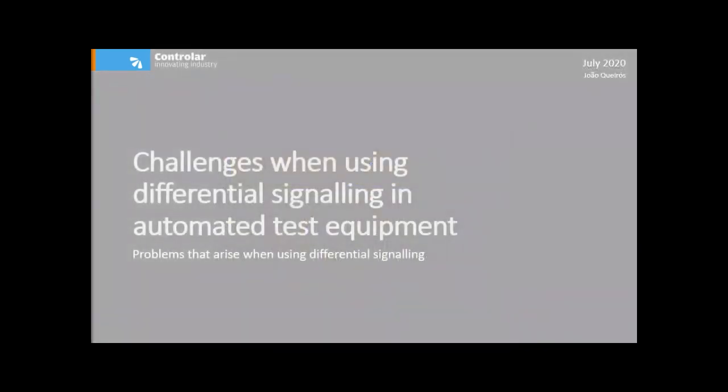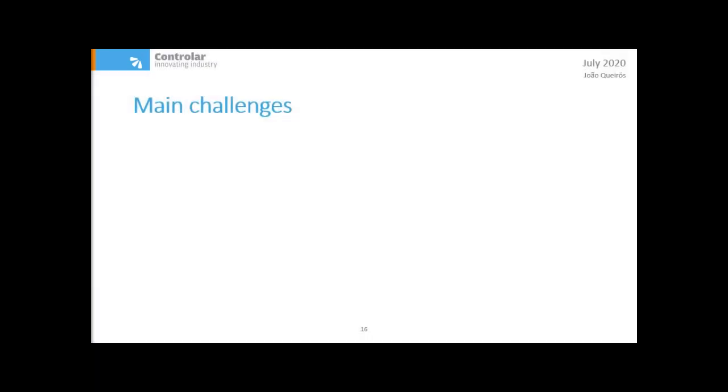Now, let's talk about the challenges when dealing with these signals in automatic test equipment. When developing automated test equipment, many constraints can force us to make some commitments. One of the harder constraints to meet is the weight of the removable jig. In order to meet these requirements, the electronics must be placed outside of this testing jig.